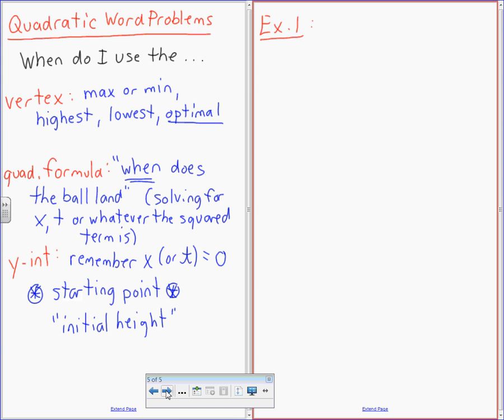Example 1 is going to say, when Homer Simmons hits a baseball. So his name's Homer because he's a baseball player. Its height,